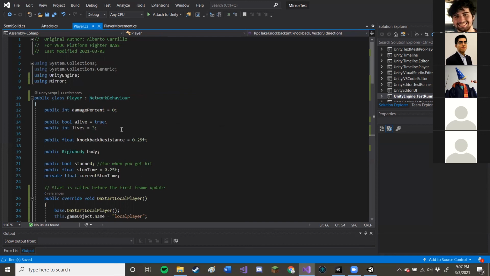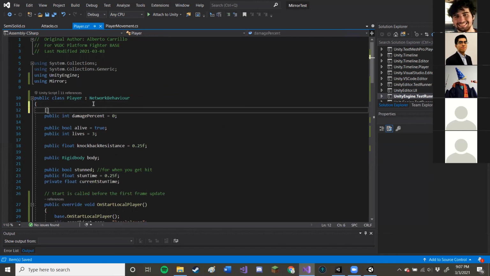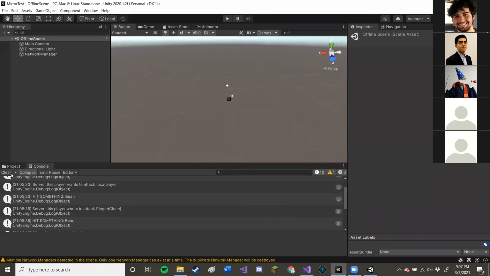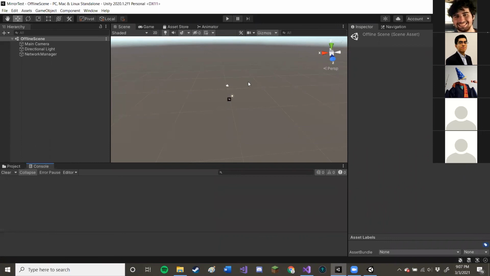All right. So what do I need to change? So you add the tag above damage percent with the brackets. It's called SyncVar. What SyncVar does is that variable will now be synced from the server to the client. It doesn't work from the client to the server. So it should work now? It should work now because whenever you damage something, it'll update your damage percent, and when the knockback is calculated, it'll have the proper damage percent number.